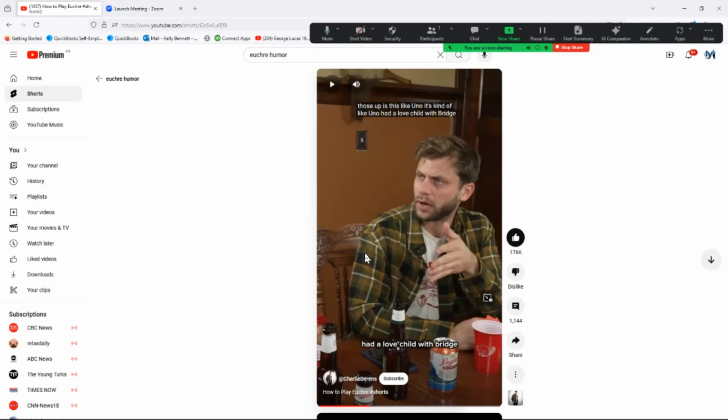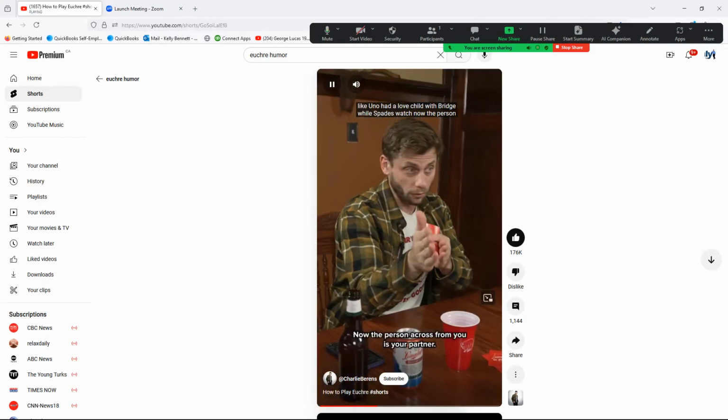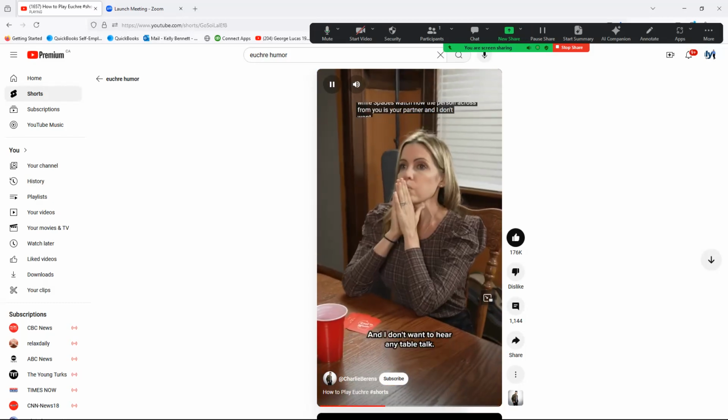Now, with those extra cards, instead of just tossing them on the ground, you would normally pull out the 6 and the 4 of each suit for counting, or two fives, or some people use 3s and 2s. But I wanted to start the video again because I want to show the humor, while the video continues: spades watch. Now, the person across from you is your partner, and I don't want to hear any table